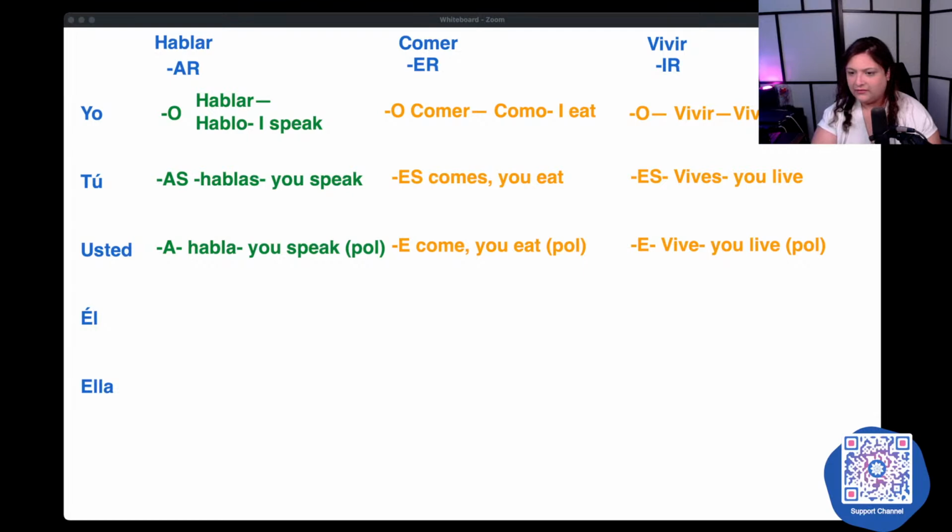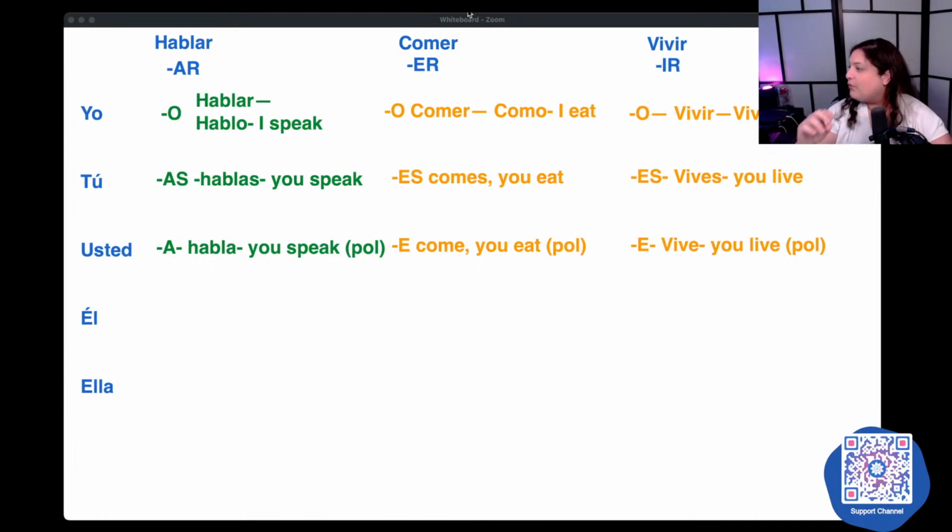So this is why I said, once you guys learn the fundamentals of the verb conjugation, you guys will be able to automatically converse.